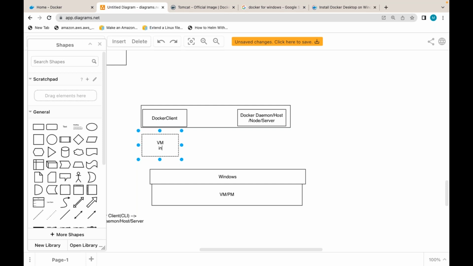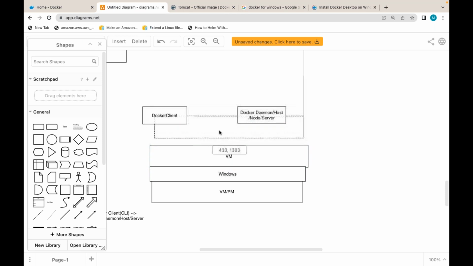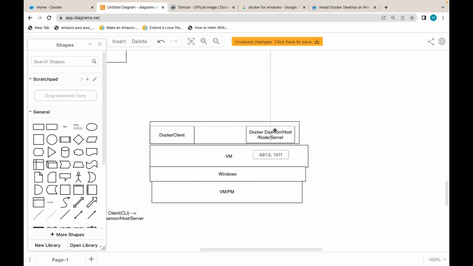Without doing this, can I install Docker directly in Windows, Docker for Windows, by enabling Hyper-V? Yes. So if I install Docker for Windows, do I have an option to switch between Windows containers and Linux containers? If I choose Linux containers, which is the default, can I run the containers in a Windows system even though I created them using a Linux base? Yes. That is what Docker for Windows is.